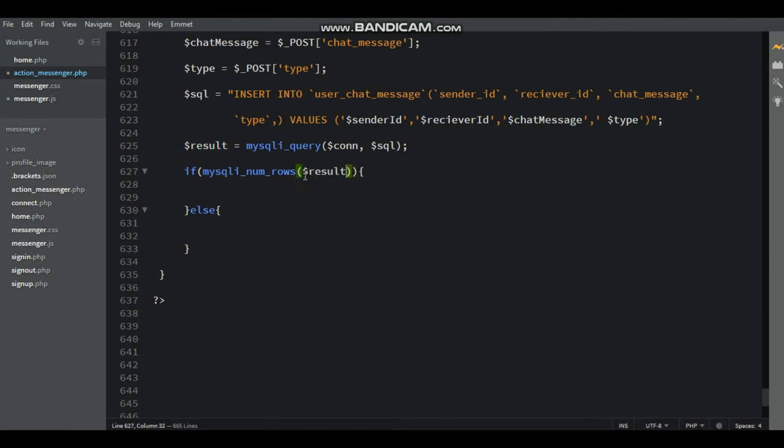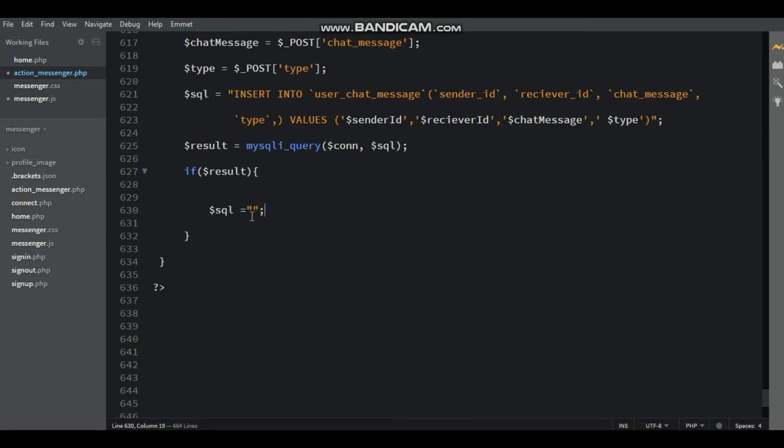Here MySQL number of rows is greater than 0, that is $result greater than 0. Just check it. Sorry, inside, write one more query. So just if function inside the bracket, that is $result, inside the if function write one more query,